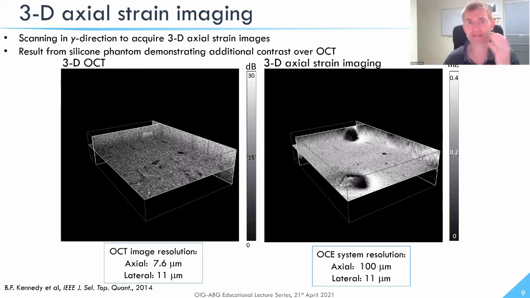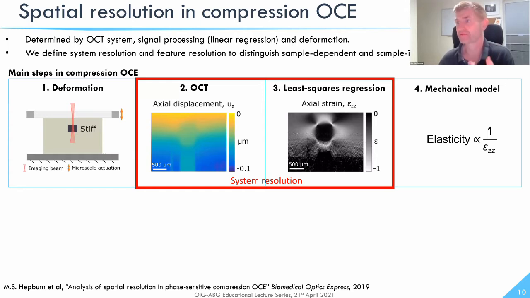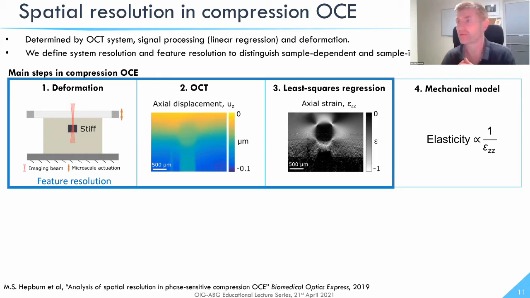But on the next slide, I wanted to highlight that in addition to OCT and the linear regression or the signal processing, which again we feel is accurate in terms of defining what the resolution of that system is, maybe unlike other forms of imaging, the sample actually has a really important impact on resolution in elastography. So because of that, we expanded our definition of resolution to what we call feature resolution. And really what this captures is that because mechanically the tissue is coupled, depending on the size of features and the mechanical contrast between features, you can have a variable